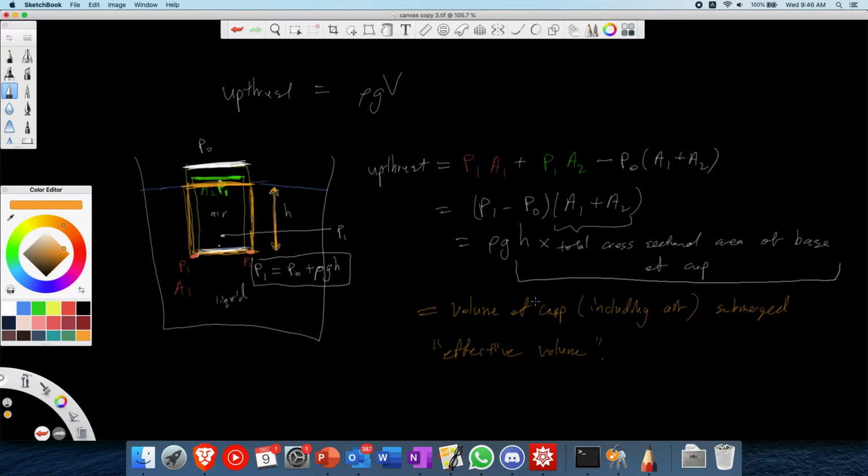So what I'm trying to say over here is that if we just naively apply the rho GV formula, then we might think, hey, there's very little bit of the cup that is submerged, so the upthrust must be pretty small. But according to this derivation, where we put the cup inside, the upthrust is actually including the volume of the air that is submerged underneath as well. Now this is fascinating because